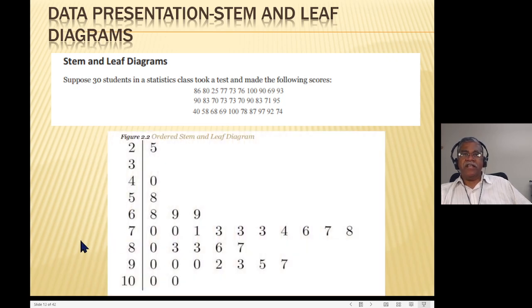Now this is slightly better in the sense that it seems a lot less random, and it's a lot easier to say that here. And just take the example of 70, which is illustrative of everything else. You will say, well, two people got 70, one got 71, three got 73, one got 74, and then one each got 76, 77, 78, right? And you could say one person got 68 and two students got 69. So when you order the stem and leaf diagram, then you get a little better picture.